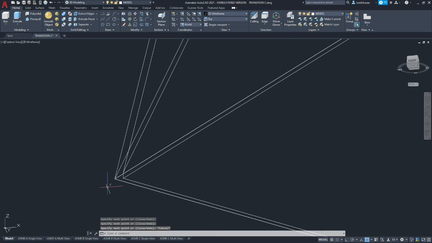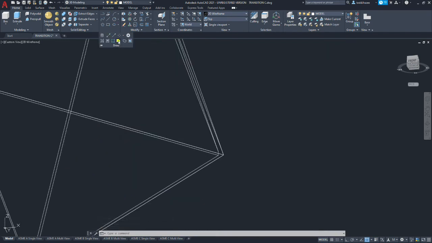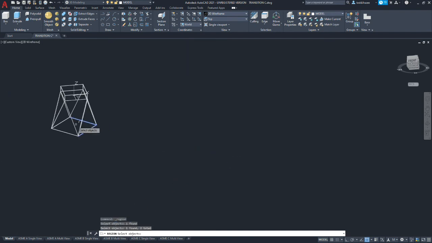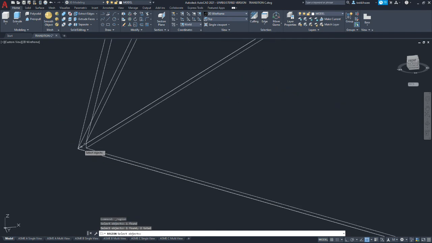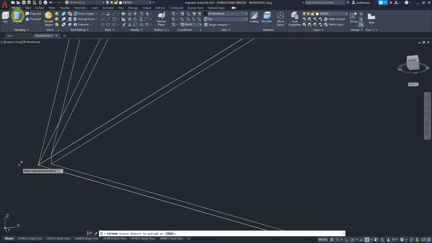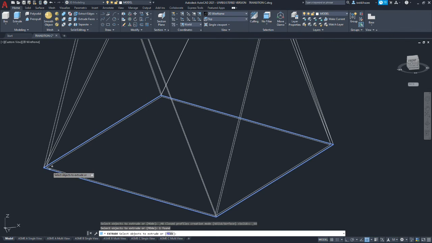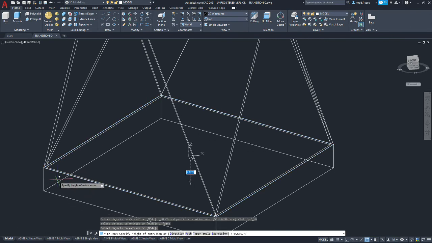Okay, so I should have a rectangle there. So those 4 lines I just created, I'm going to create a region, so that I can create an extrusion of 2 inches.